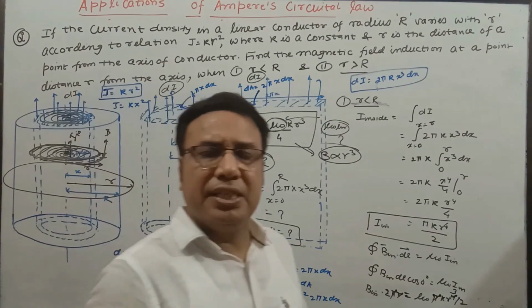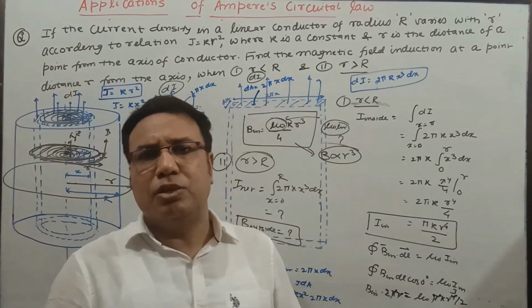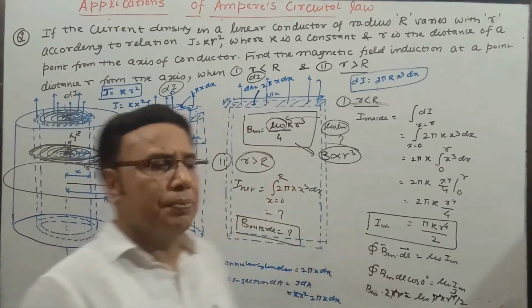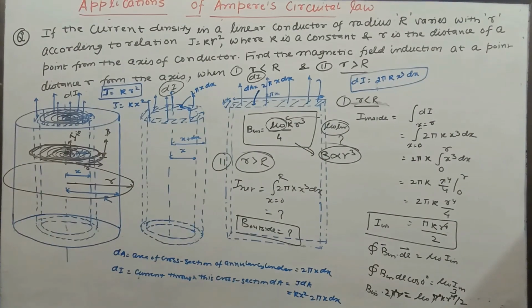So the first application is done completely. I hope you are going to do it properly. Try to see it once how it is done and note it down. Try to copy it down, see it once and finish it. In the very next class I am going to start the next application, that is the magnetic field due to a straight solenoid.